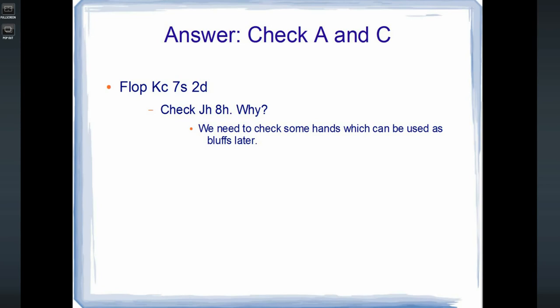So, a leak that I think most people have is they don't check back air hands when they think betting with any 2 cards will be profitable. So here, if we're on the button and we get a King 7-2 rainbow board, we probably can c-bet any 2 cards profitably against someone that cold called in the big blind. But just because we can c-bet any 2 cards profitably doesn't mean we should bet our entire range, and it doesn't mean we should bet our very, very weak hands all the time,